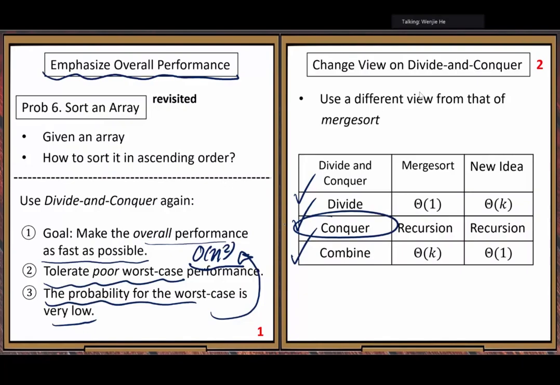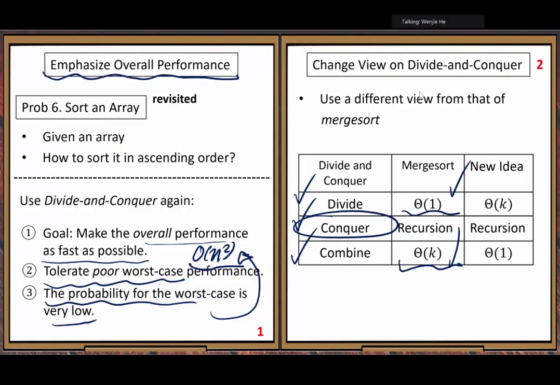For merge sort, the divide step is very fast because we split our data right in the middle. That is very fast. We don't need to do comparison, right? We just count the number of elements, or we just work on the indices. That is very fast, so here we use big theta of 1. But the combine step is our merge operation. When we apply the merge operation, we need to do this much work: big theta of k, where k means the data size.